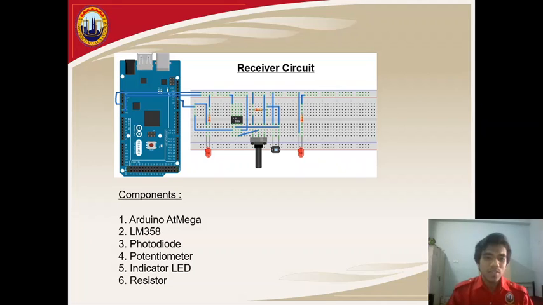For the receiver circuit, there are a lot of things we have to make sure of, so that the data is really being caught by the photodiode. So we need an LED as an indicator, and also an LM358 to decode the